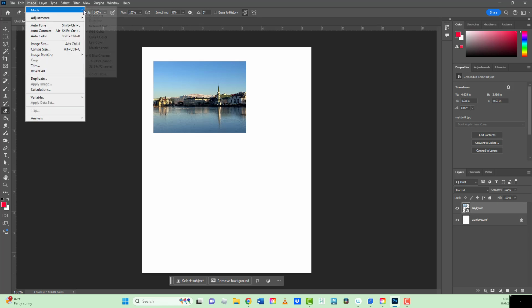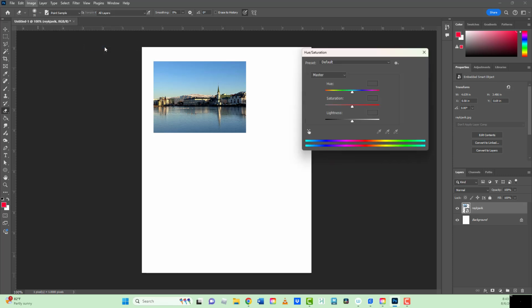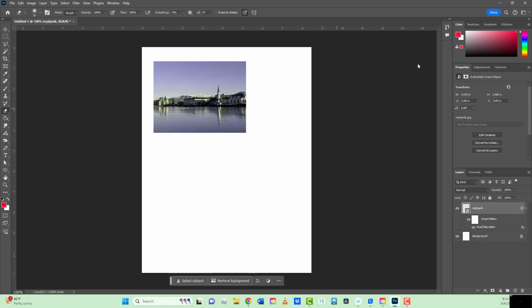adjustments and change, let's say, the hue and saturation. All right, and let's say I do want to change the hue and saturation. Maybe I want to change the hue a little bit. I want to desaturate it. Okay. Now this is working destructively because we've talked in the past about how you don't want to change the